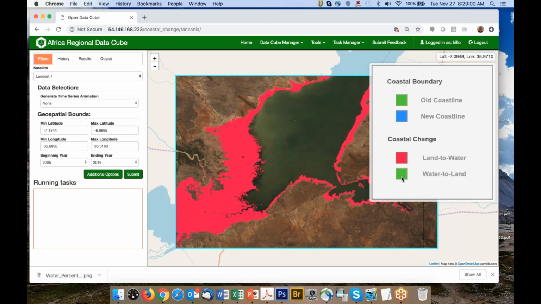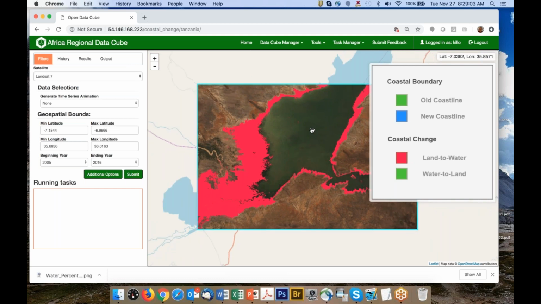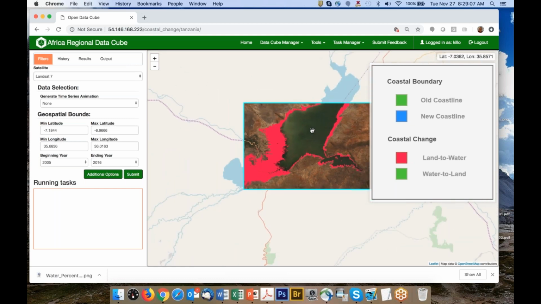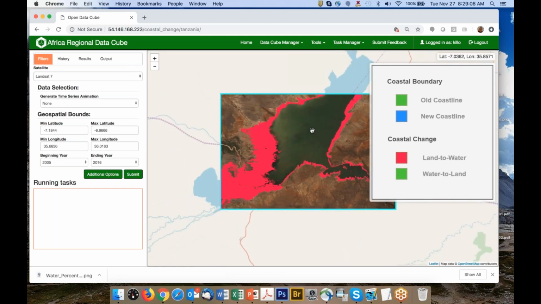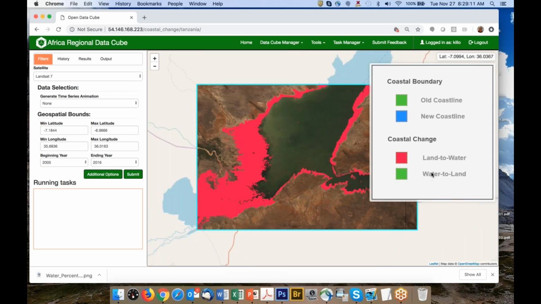So it doesn't get any color if it doesn't change. And I don't see any green in this image. So it's telling me that for this inland water body, there was nothing that went from water to land. This only went from land to water. So water to land would be a different one. So I think if we rerun this for